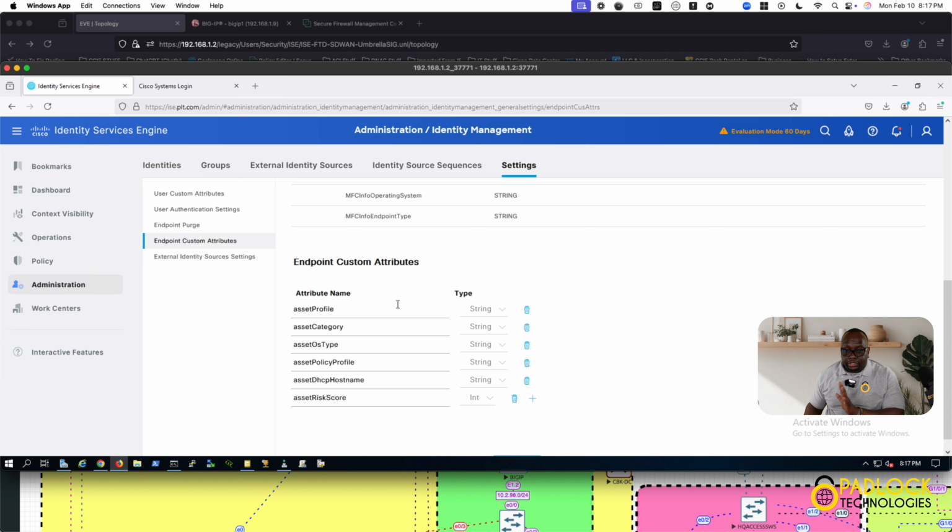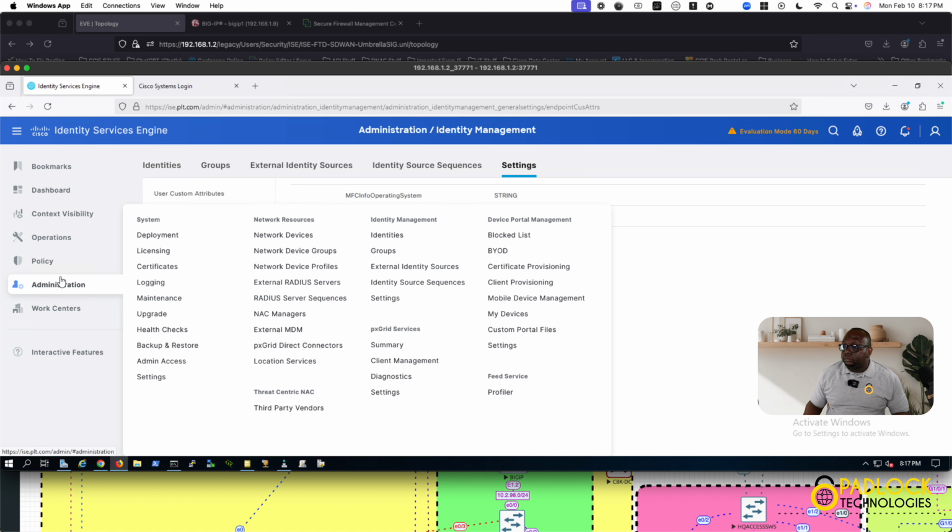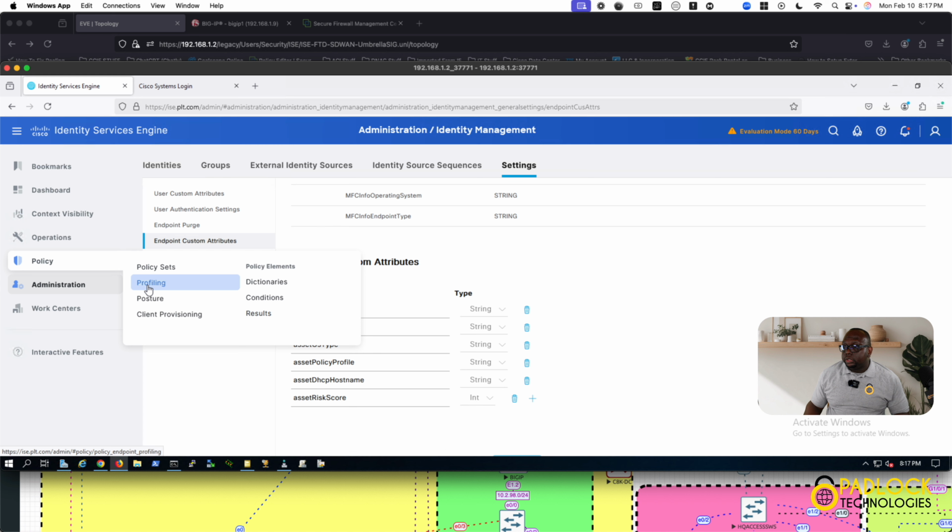Once you have this set up, you're ready to go, right? As long as the PX Grid integration is in there. If it's not in there, these are pretty useless, right? But once you've got that Ordr ICE integration and you have this set up, now you can create your profiles based on these custom attributes. So how would you do that? We're going to go to policy and profiling,